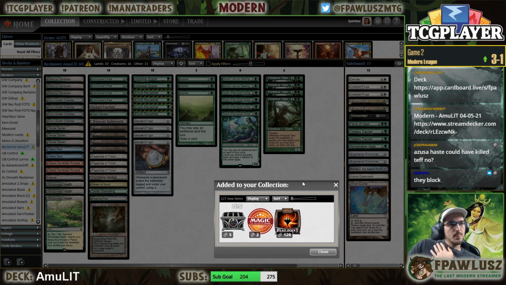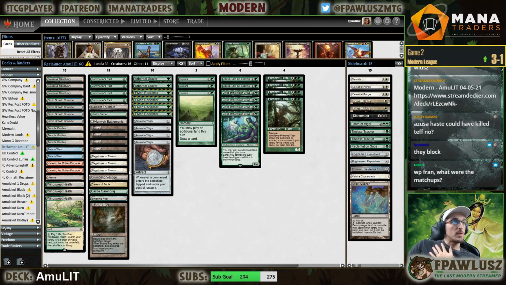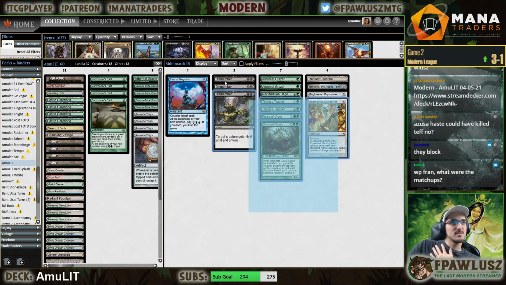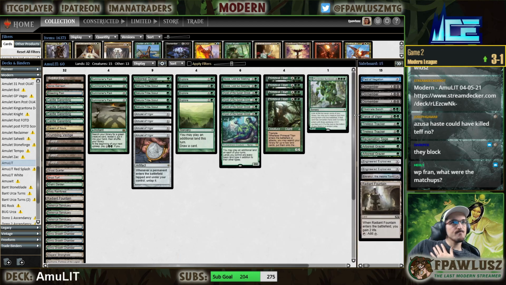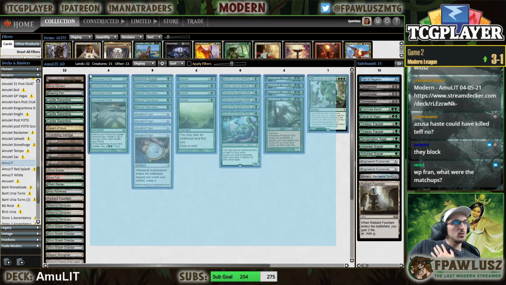4-1. Not bad. Not half bad. Good showing for the deck. Oh, that's not the list. Whoops. There we go. This is the list. Yeah, this is pretty good. I'm gonna be writing a guide for this. One of the long guides with detailed explanations of the matchups and stuff. So that should be available